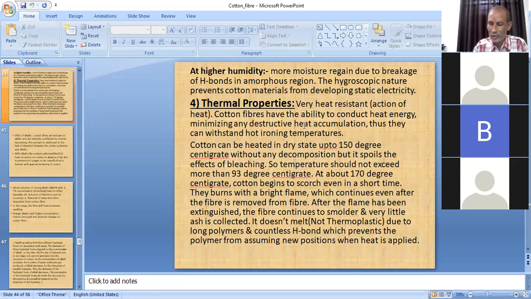It doesn't melt, so it is not thermoplastic, due to long polymers and countless hydrogen bonds, which prevent the polymer from assuming new positions when heat is applied. These countless hydrogen bonds